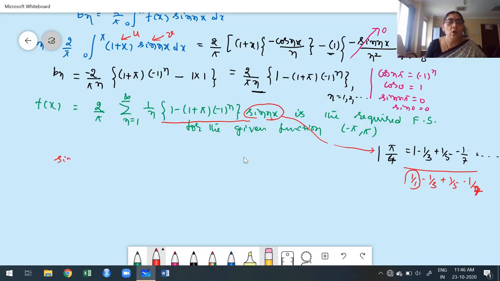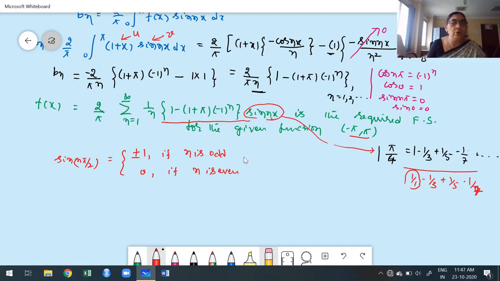You already know how to define sine of n pi by 2. What sine of n pi by 2 is was already explained in the third class of my video. Sine n pi by 2 is plus or minus 1 if n is odd, and 0 if n is even. Now I think this is clear how we get this step. This shows plus or minus 1. Anyway, we require plus or minus sign for odd values. Therefore, why don't you go for x equal to pi by 2. Pi by 2 is also in the range minus pi to plus pi.